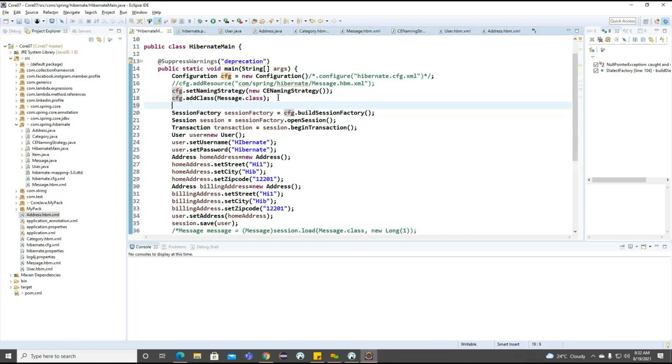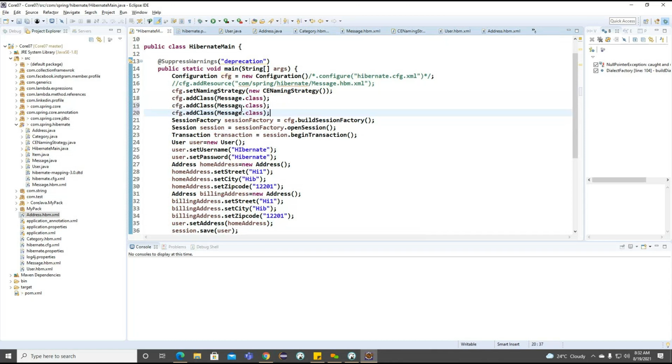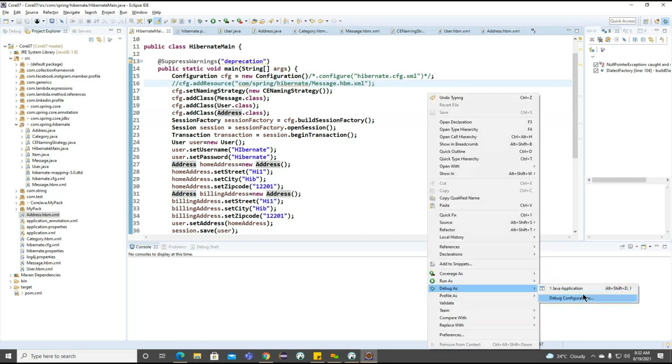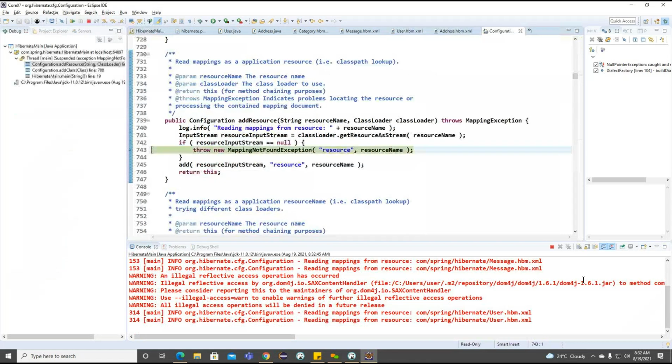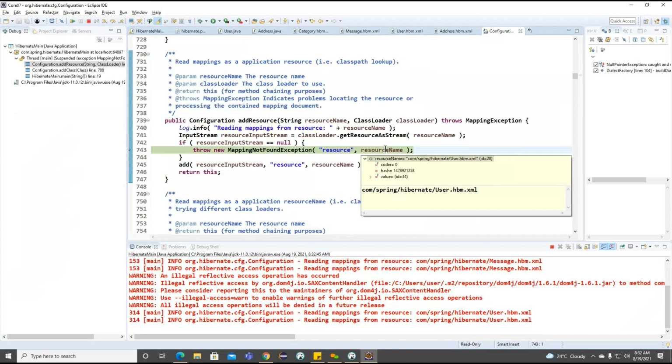Otherwise, we'll keep all the classes here. Address. Let me debug as a Java application. What is our resource name?